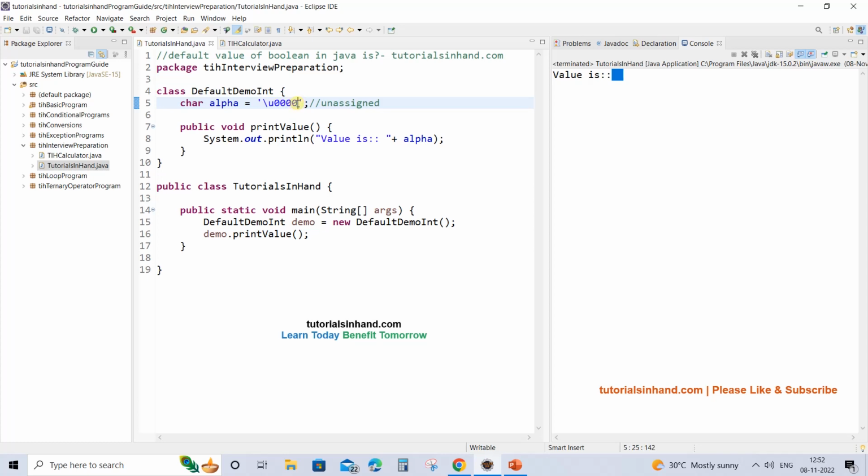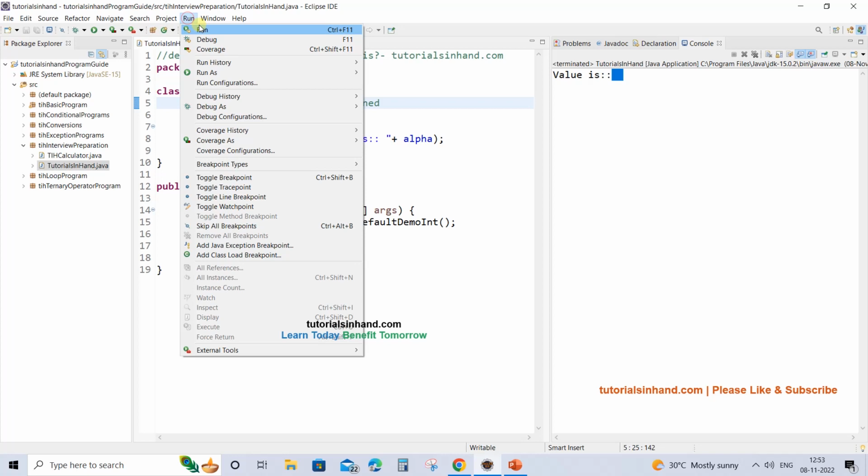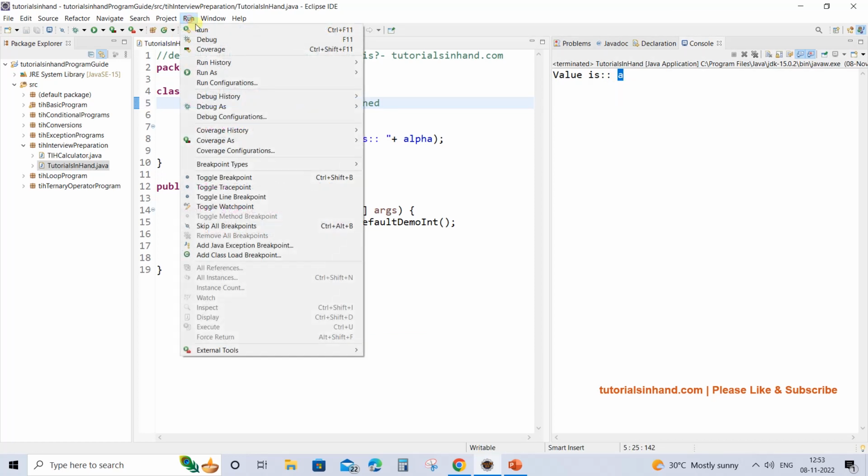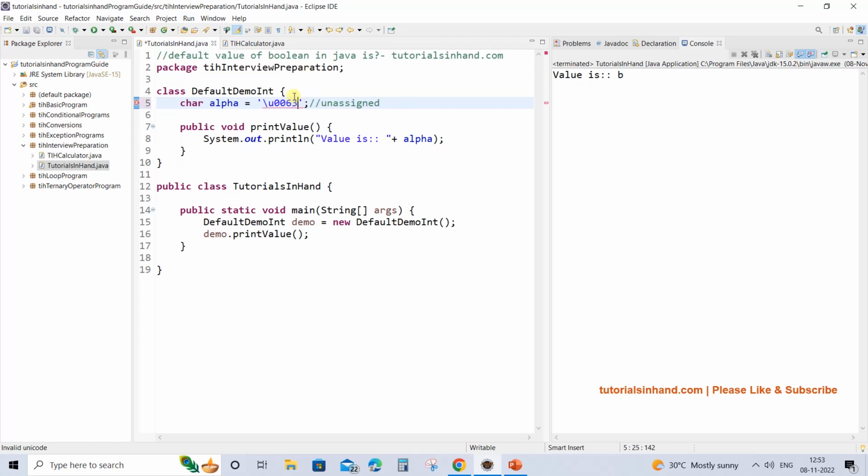Now there are a lot of other Unicode values that could be assigned, like 61. If you make it 61, then some alphabet will be printed. See, small a is printed. If you increase this from 61 to 62, then b will get printed. If you increase it to 63, then c is going to get printed.